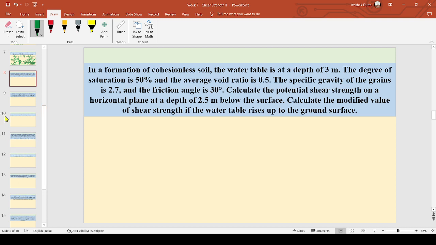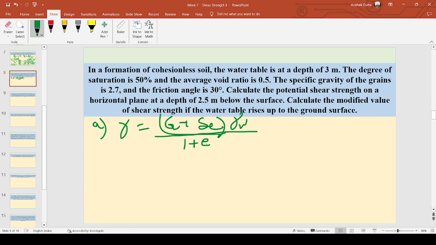Now when the water table is at a depth of 3 meters, that is part A, gamma equals (G plus Se) gamma W divided by 1 plus e. Now G we have been given, S we have been given, void ratio also we have, and gamma W we can take as 9.81. We get a value of 19.293